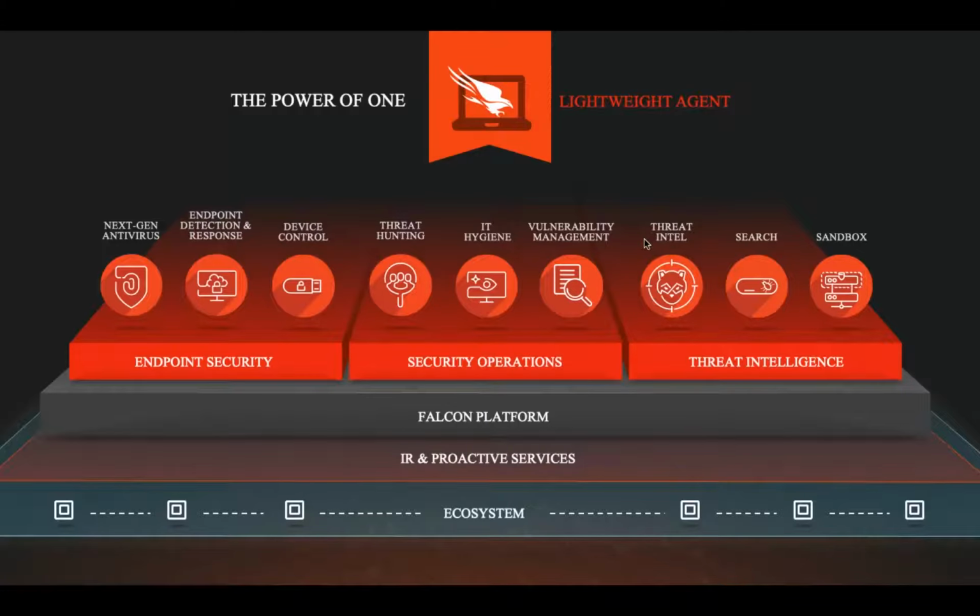Let's say that there is a patch missing. It is going to tell you that, okay, this patch was missing from your system, and since this patch is missing from your application, you might be exposed to these sorts of attacks, let's say remote code execution, or it could be buffer overflow, etc. So this is how it does vulnerability management. In a nutshell, it does vulnerability management on the basis of patching. Whether your applications are patched, whether your OS is patched, it's going to do vulnerability management on the basis of that. Right? Then comes the threat intelligence module.